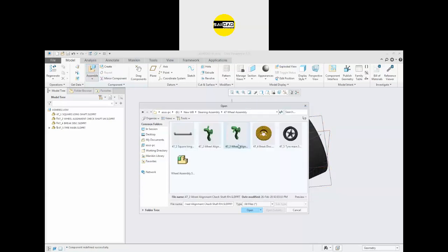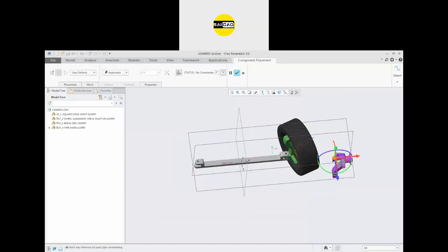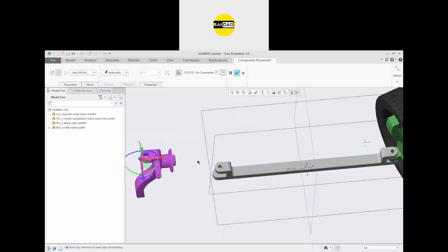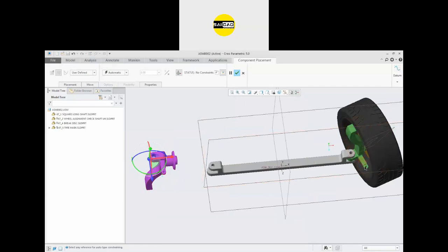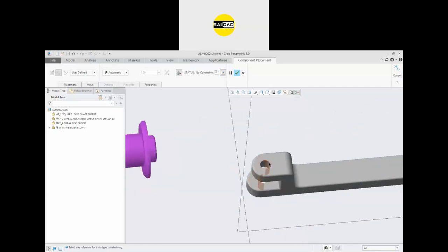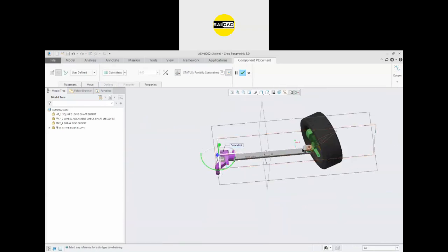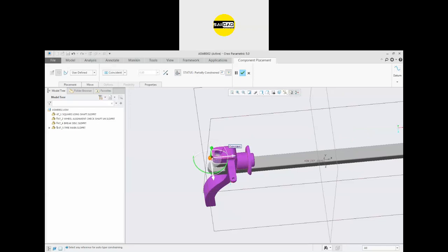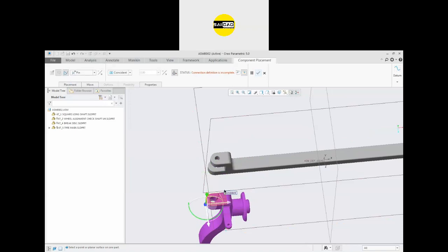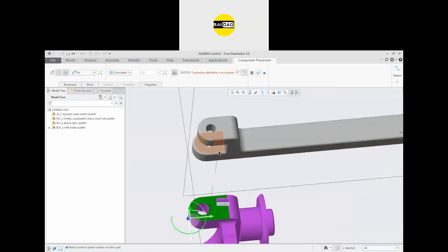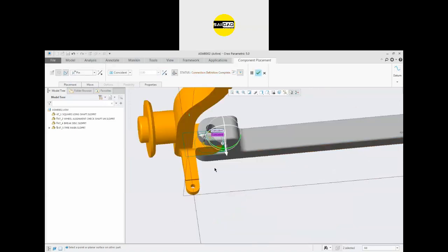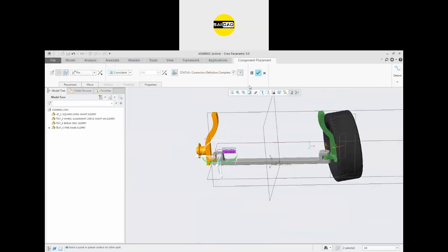Now we have to insert this one, because both the objects have some difference, because we have some left and right components. So we need the shaft, this one, in the similar direction. For that we have to create the new component. So that's why I'm importing this component, because it is a different part, not the similar part. So just define again. It should be pin. Okay, like that. Define the face, that this face should be here. Define the relation like that.